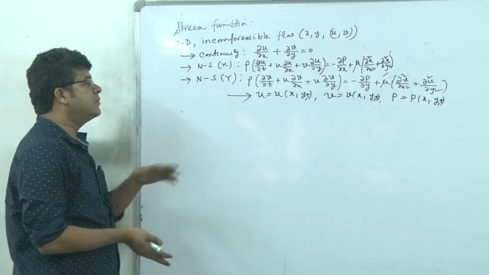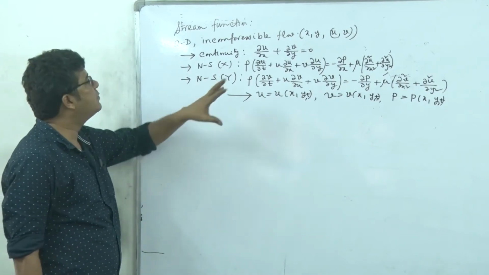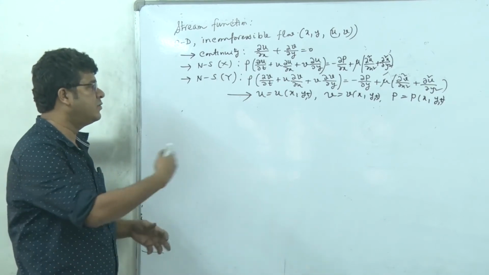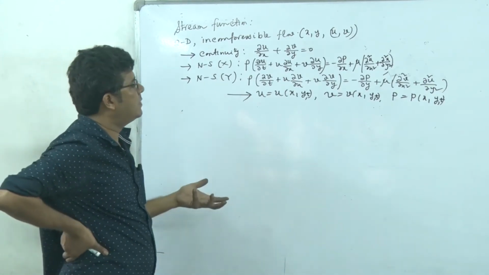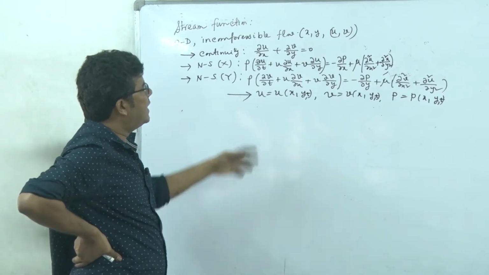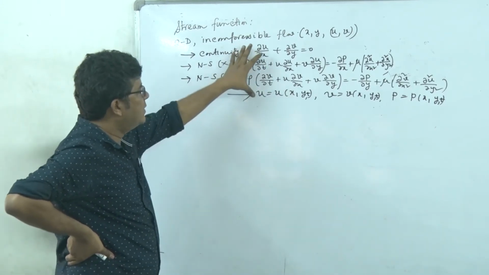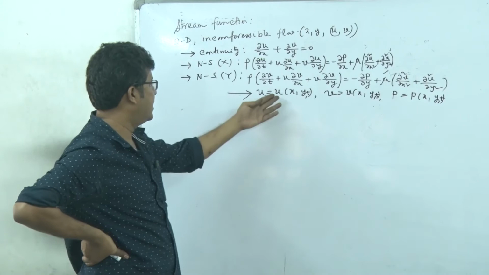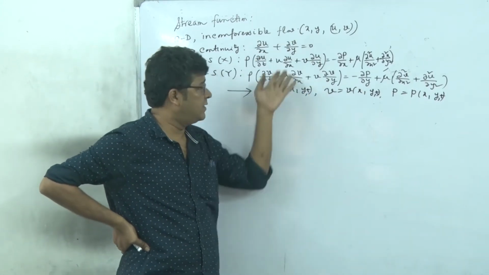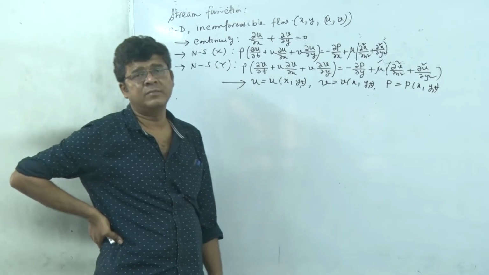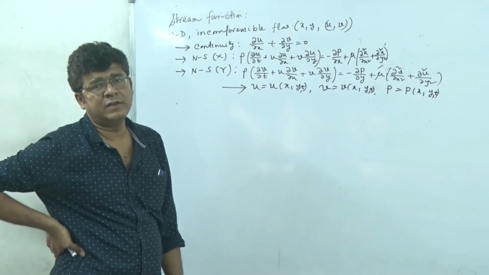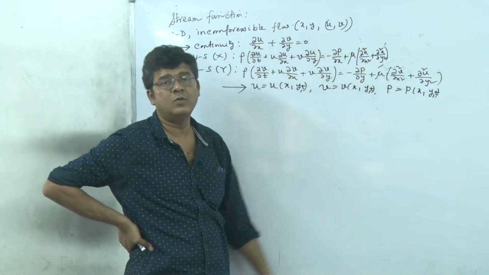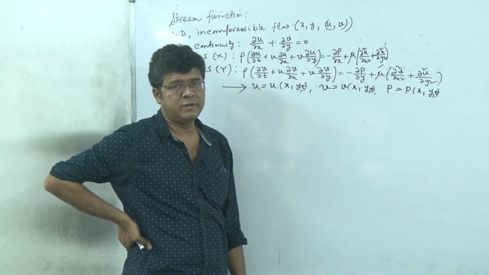So if we can reduce the number of equations, maybe that is our objective. If we can reduce the number of equations upon grouping the variables or introducing a new type of variable which is common, then solving that, we can go for a solution of that system, and from there we can get u, v and p. Generally, if this is the mathematical structure of a system, then analytical solution is practically beyond the scope. We have to solve this system of equations numerically, which is also not so easy.